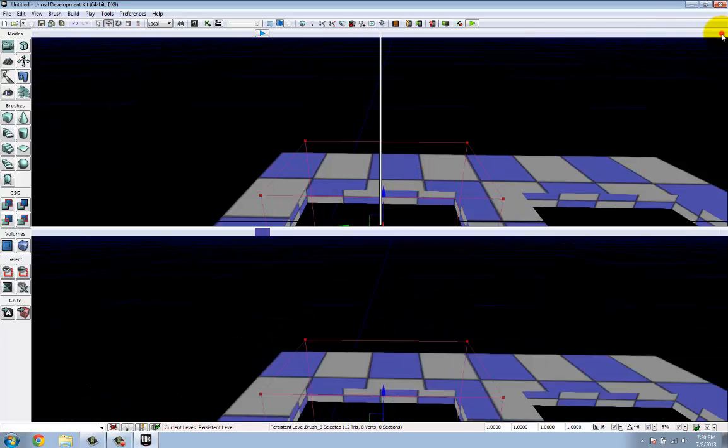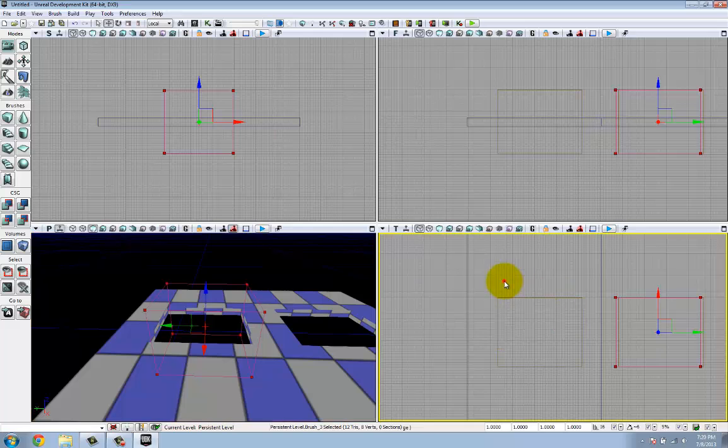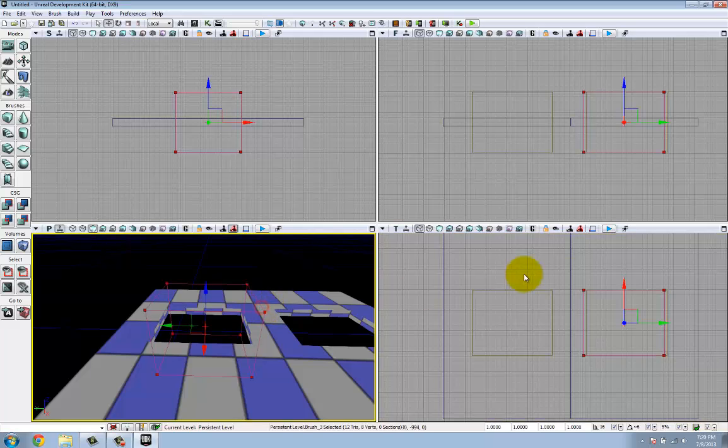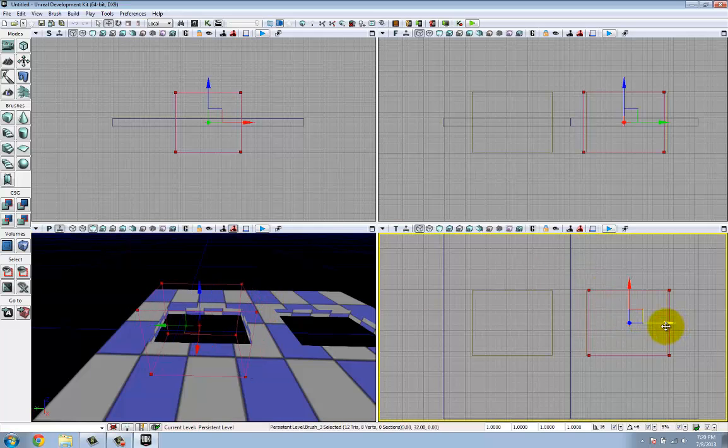Let's check the perspective view. You see this is my current brush. This is the same size, and we're going to go to non-uniform scaling right under preferences, left click, and drag this direction, which is on the Y, and shrink that in and give myself a nice kind of ledge to traverse. And I think these gaps might be a little bit too big for my character to